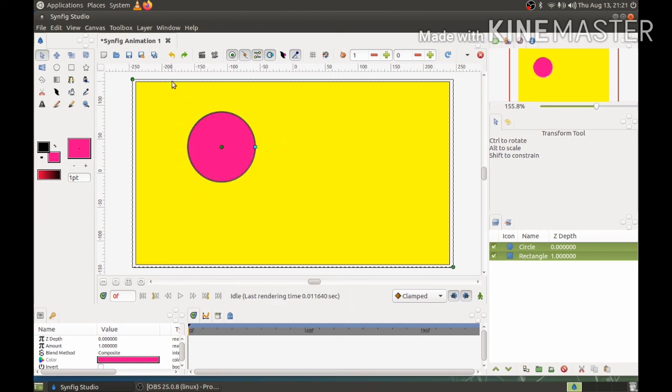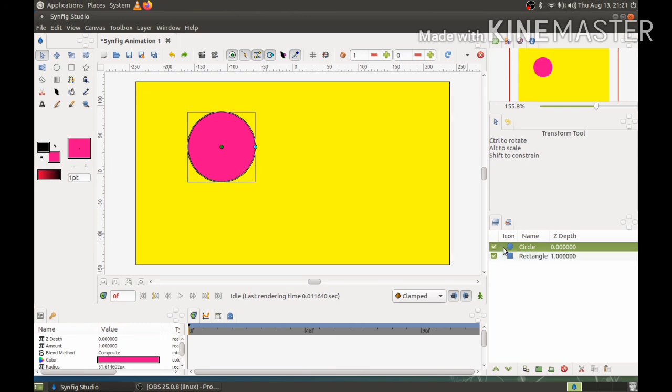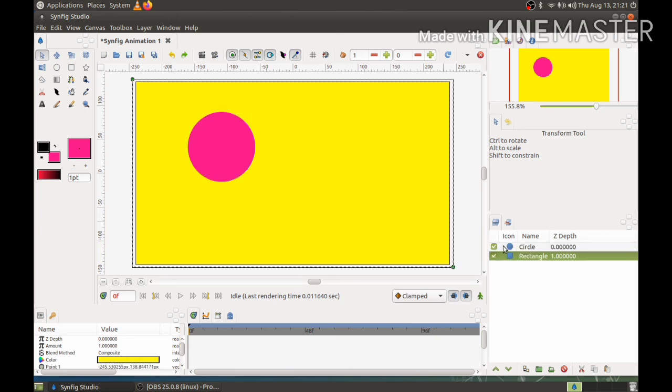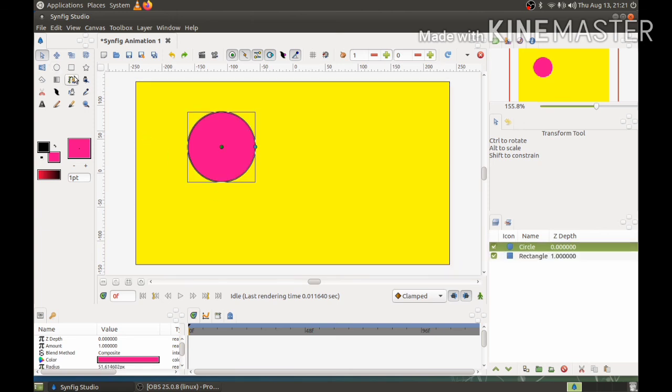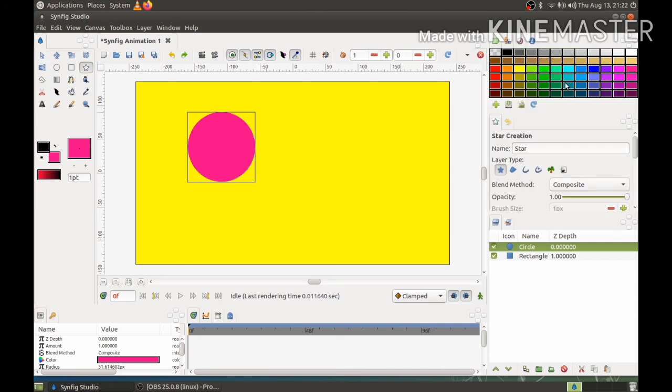Now see, first I created a rectangle, then I created a circle. So I can see two layers, rectangle layer and circle layer. Now suppose I am again creating a star, selecting a different color from here and creating a star.